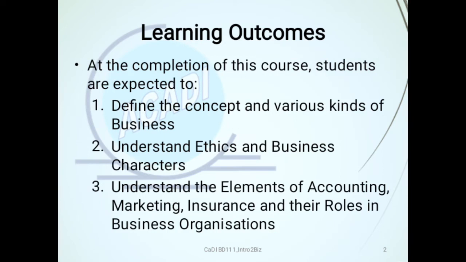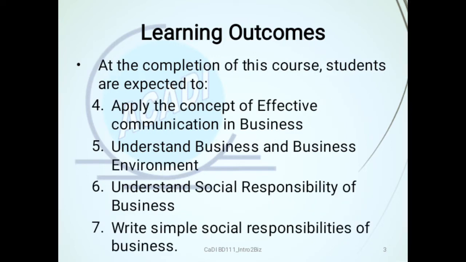And we have learning outcomes. At the completion of this course, students are expected to define the concept and various kinds of business, understand ethics and business character, understand the elements of accounting, marketing, insurance, and their roles in business organization. Apply the concept of effective communication in business, understand business and business environment, understand social responsibility of business, write simple